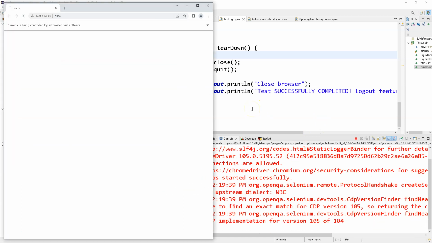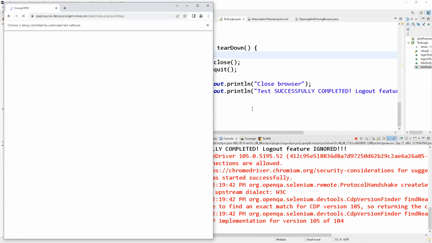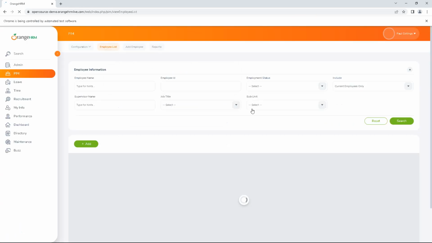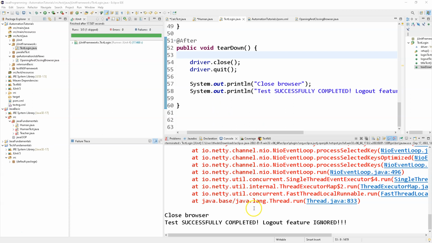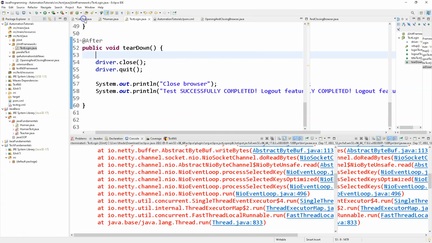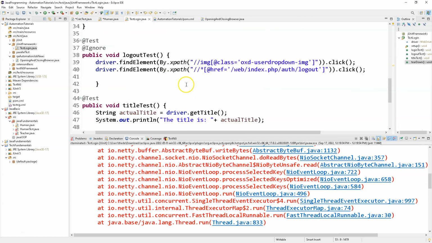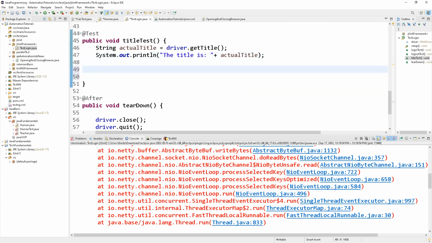Invoking browser, navigating to the application, passing the parameters, login, and test successfully completed. Logout feature ignored. Okay, wonderful. And actually we can use assert if you want. Here you can say assert